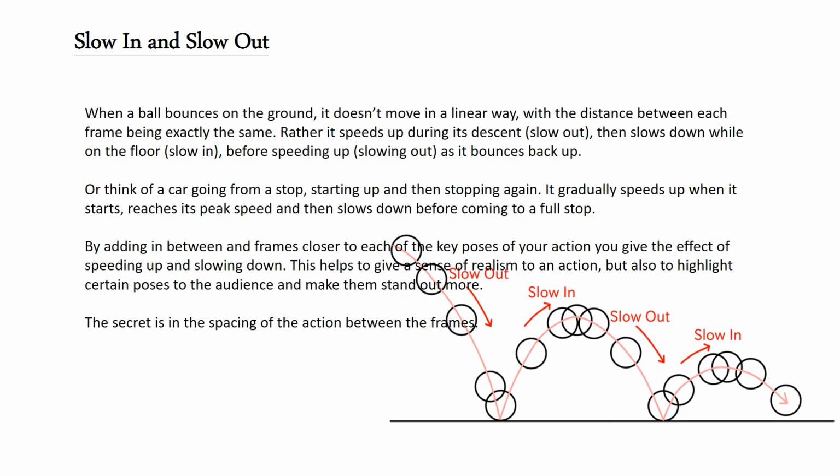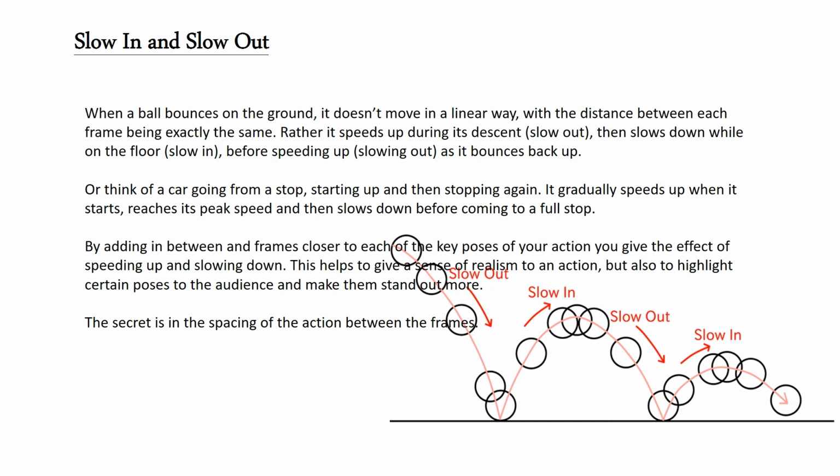when a ball bounces on the ground, it doesn't move in a linear way, with the distance between each frame being exactly the same. Rather, it speeds up during its descent, slow out, then slows down while on the floor, slow in, before speeding up, slowing out, as it bounces back up. Or think of a car going from a stop, starting up and then stopping again. It gradually speeds up when it starts, reaches its peak speed and then slows down before coming to a full